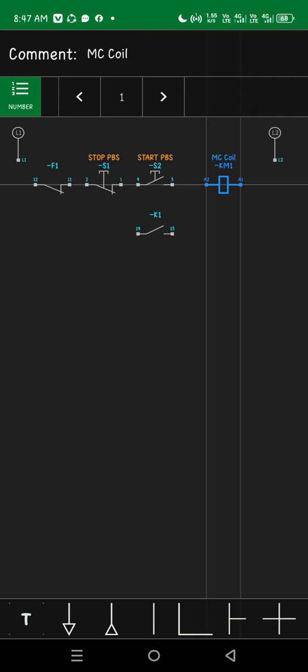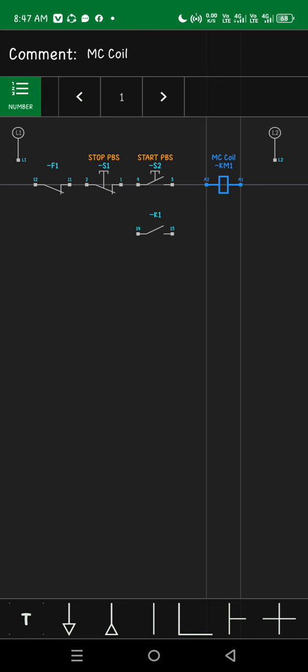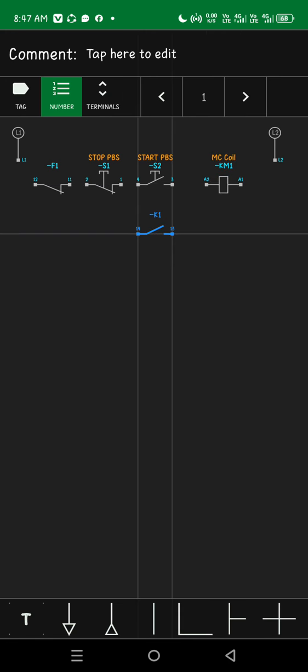Then the auxiliary contact, since the contactor coil's tagging is key M, we need to synchronize it. We need to rename key 1 into key M in order to synchronize the coil and the auxiliary normally open contact, because key symbol is a relay while the key M symbol or tagging is a magnetic contactor.